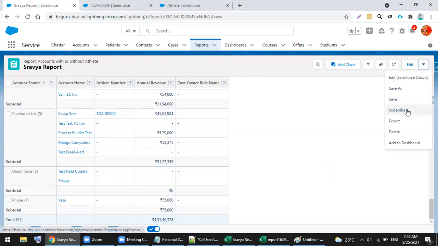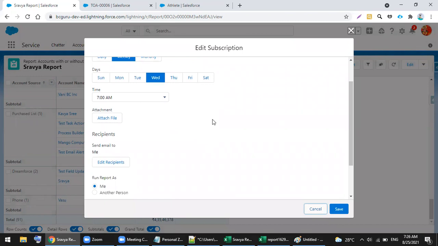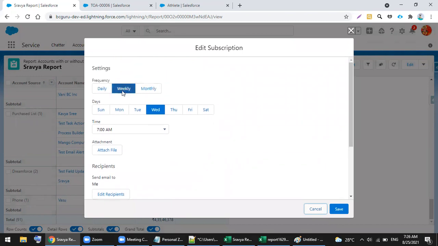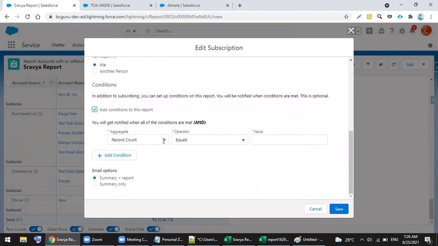So this is the subscribe option. In the future, if it reaches 5 crores, then I, or someone, should get alerts, a notification. Every week or every month, it should check the report with the latest data and alert me about that change. So we'll set that in the condition: if the record count